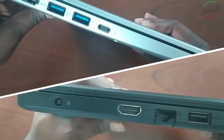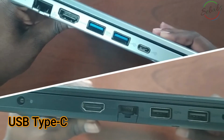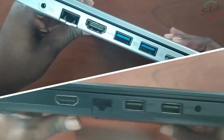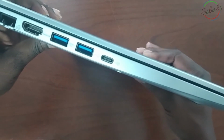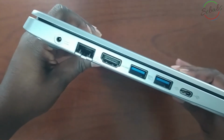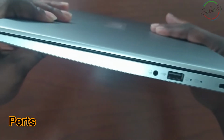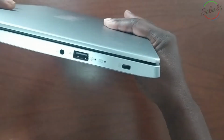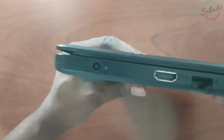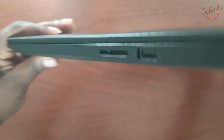choosing your laptop. These days, most laptops come with a USB Type-C port, faster than USB 2.0 and 3.0 ports. This is an advantage the Acer has over the Dell. It comes with a Type-C USB port, while the Dell doesn't. The Acer comes with two USB 3.0 ports, and the Dell comes with two 3.0 ports. Both laptops come with one HDMI port, and an advantage the Dell laptop has over the Acer is that it